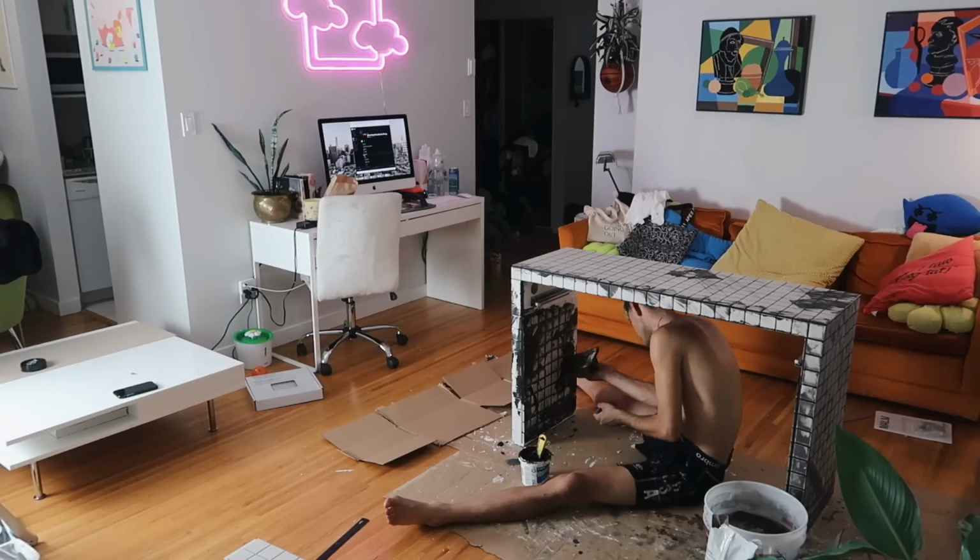Okay, so I forgot to record this part, but you grab a bucket of clean water and the grouting sponge, and then you wipe diagonally in the same spot 3 times until it looks fairly clean. There will still be a grout haze on it, but you can go back and clean that up later. But basically you let the grout dry for like about 15 to 30 minutes and then you wipe it all